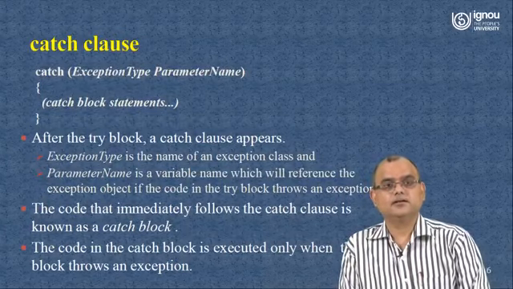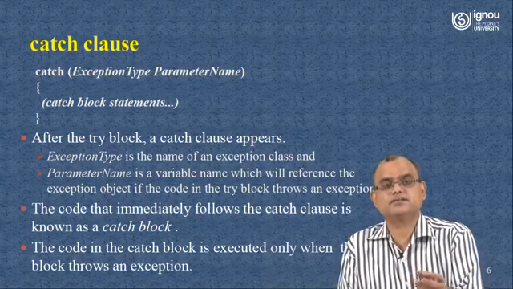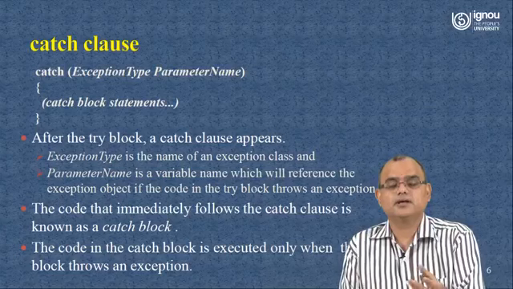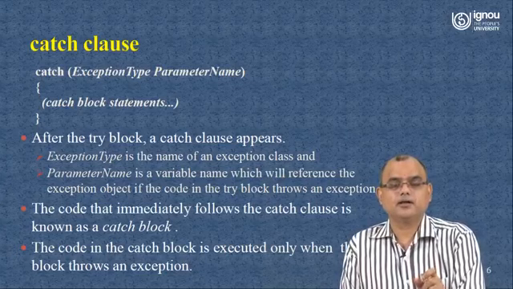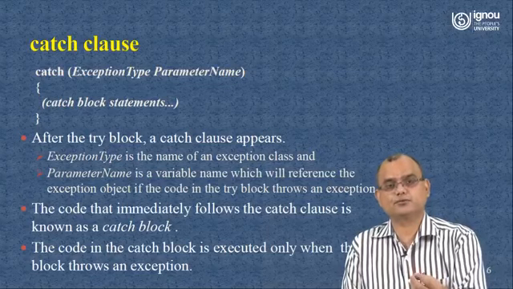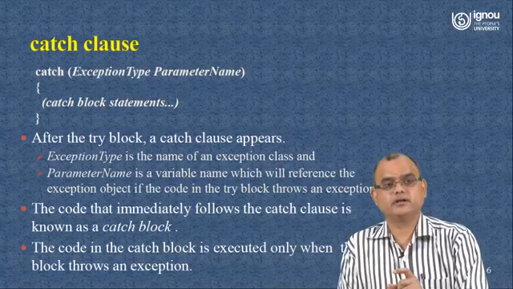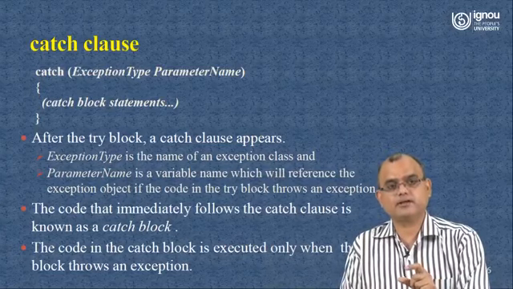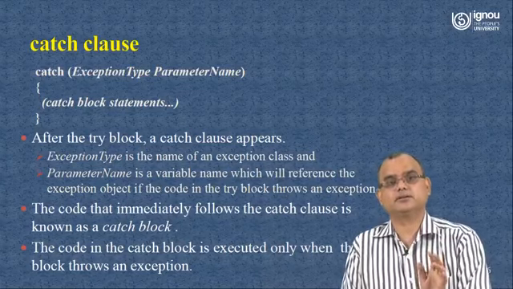Now in this catch block, you can see one parameter is passed, and that parameter is the exception type and obviously the object, because as we discussed, exception is an event, and that event is represented in the form of an object in Java programming. So that object we will write, and if that object matches the exception thrown from the try block, then this catch block will be executed.